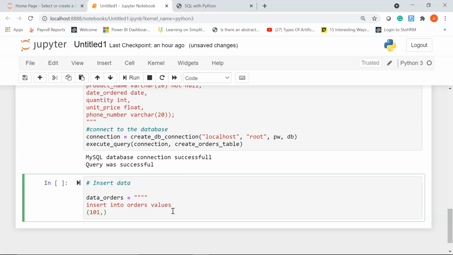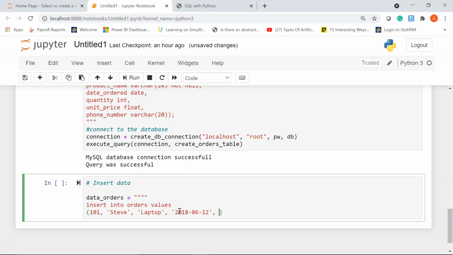and now I'll start entering my records for each of the rows. So first I'll give 101, which is the order ID. Then I'll give the customer's name, let's say Steve, and the product he had ordered is, let's say, laptop. Then I'll give the date on which the item was ordered. Let's say it is 2018, I'll choose 06 as the month and the date is, let's say, 12.